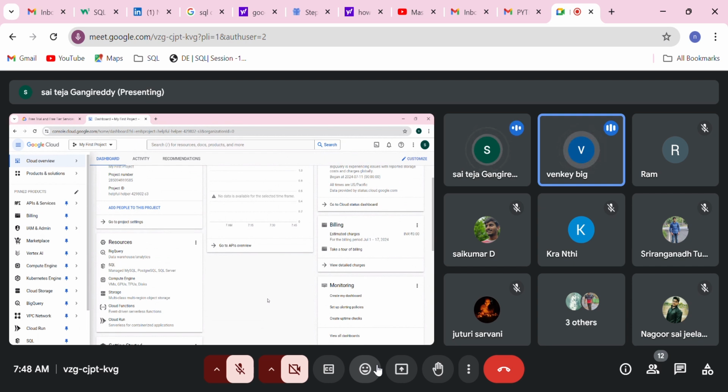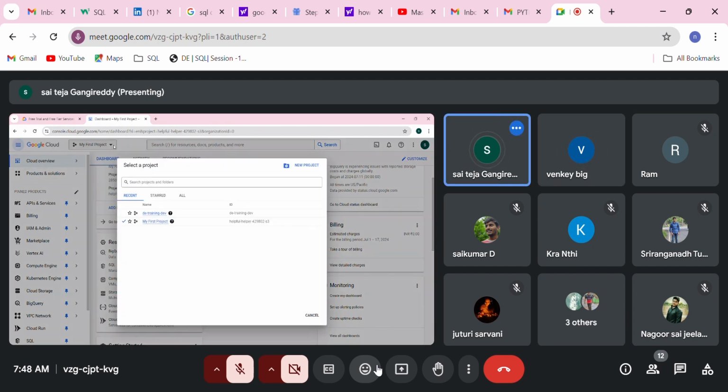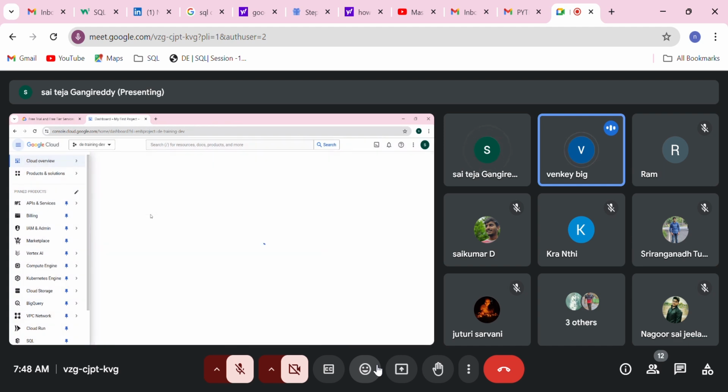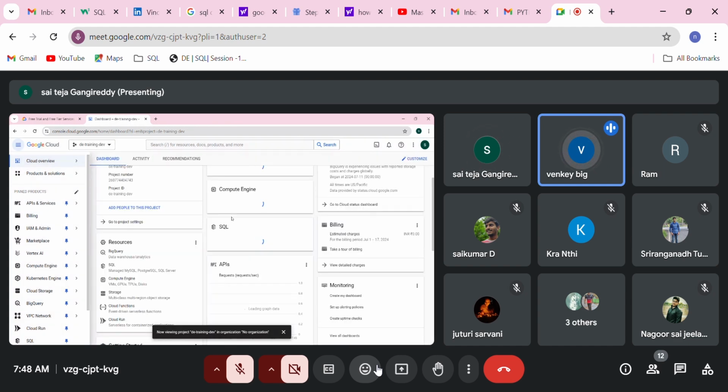So select your project now. Go to the drop down again, and you will see our project which we created. Select that project. Just click on it. So now see, this is our project. And if you see on the left side pane, you will see a lot of services, right?